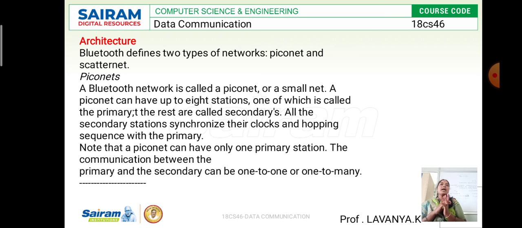Then we classify it into two things in Bluetooth. The Bluetooth network is used for two things: one is Piconet and the other is Scatternet. And what is Piconet and what is Scatternet? I'll discuss it by using the diagram. So before that,